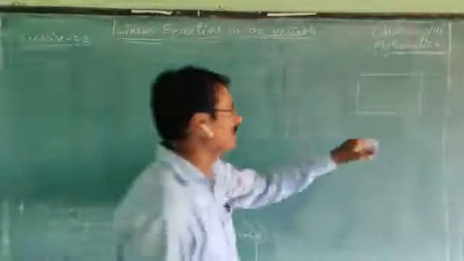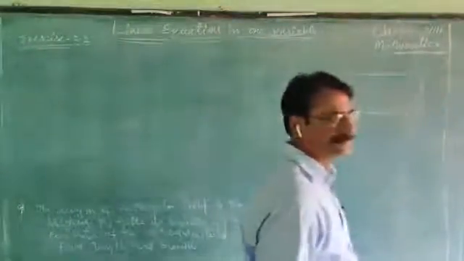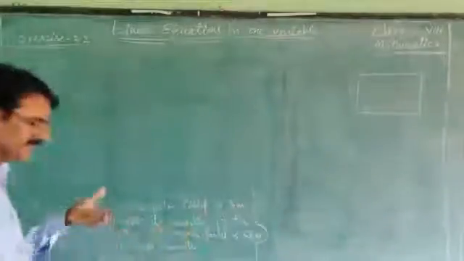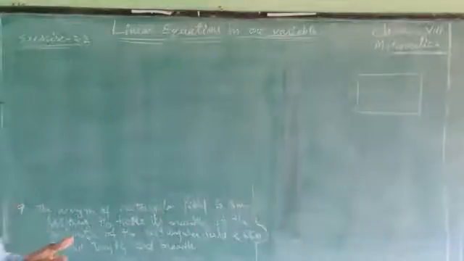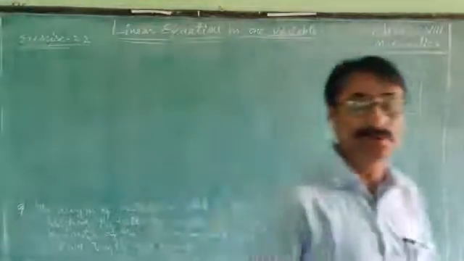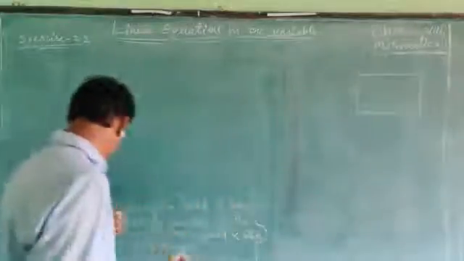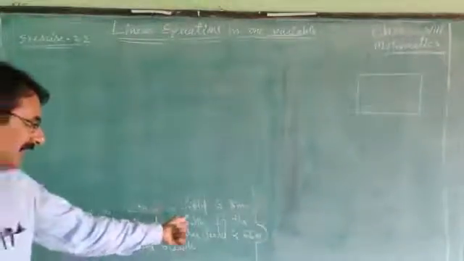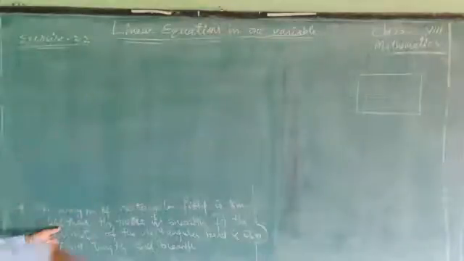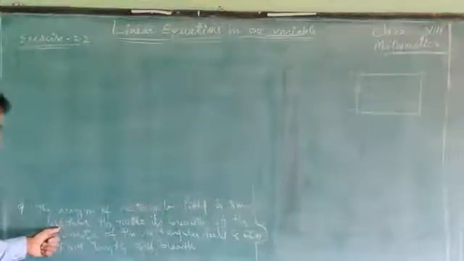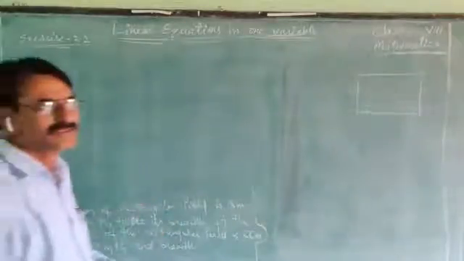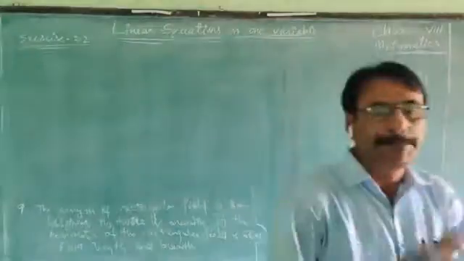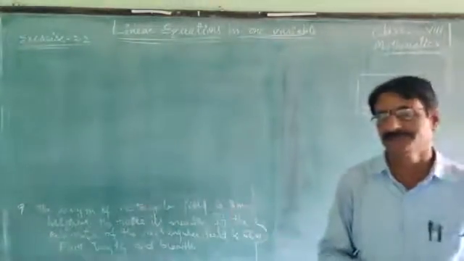In this rectangle, this is called the length and this is the breadth. There is a small relation between those two. How is the length? When we compare to the breadth, the length of the rectangular field is 8 less than twice its breadth. So the length depends on the breadth of the field.